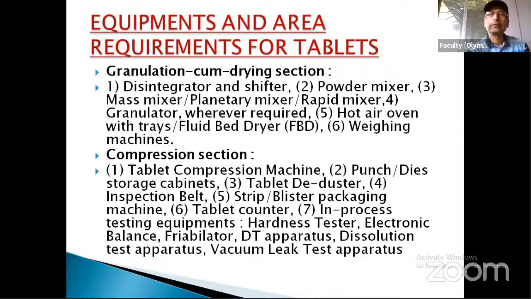A tablet counter is there because, say, your packaging is for 10 tablets or 14 tablets. Sometimes it happens that in the market we have found one tablet missing in the tablet strip. That is a gross mistake, and it goes against the factory, against the manufacturing unit. As per GMP, the manufacturing unit has to take appropriate action through this tablet counter. Whenever there is such a strip, the machine will separate that particular strip that is not filled,